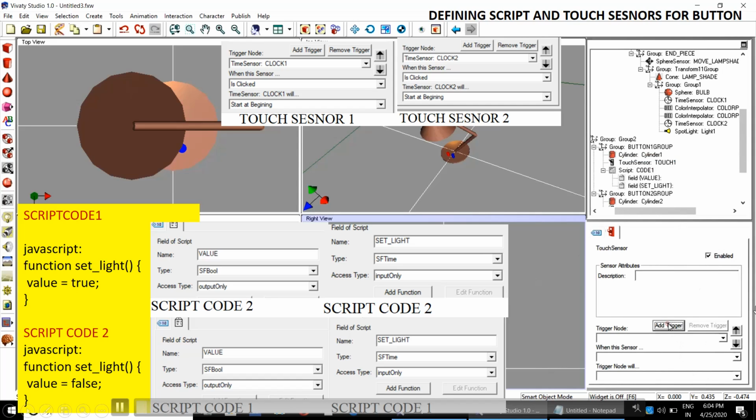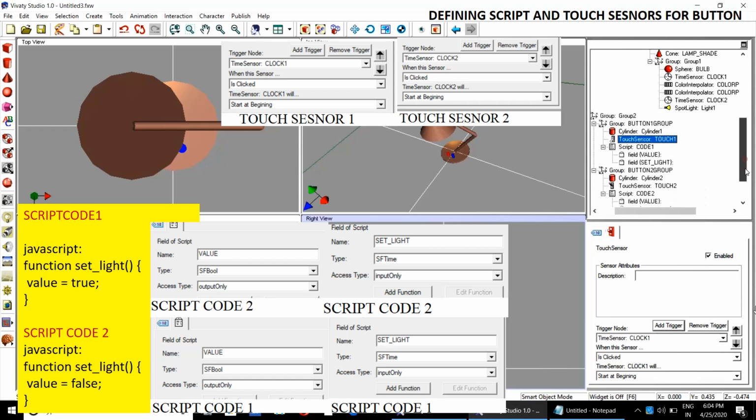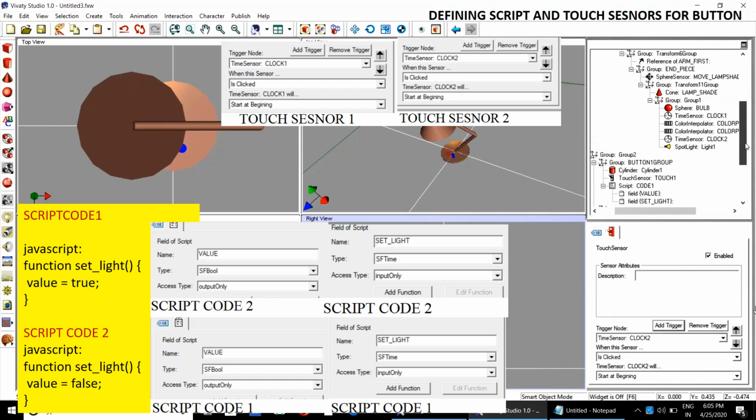Now here we will be defining the script and touch sensor for the button. I have added a trigger, touch sensor 2, add trigger, select time clock 2, and automatically it will take the required value.